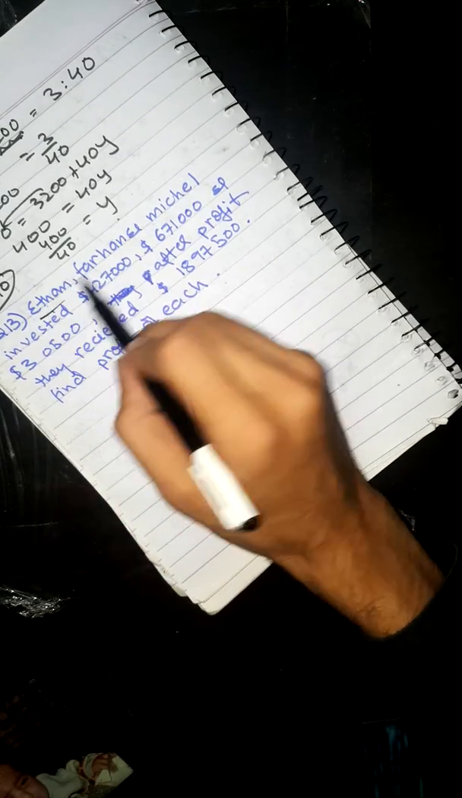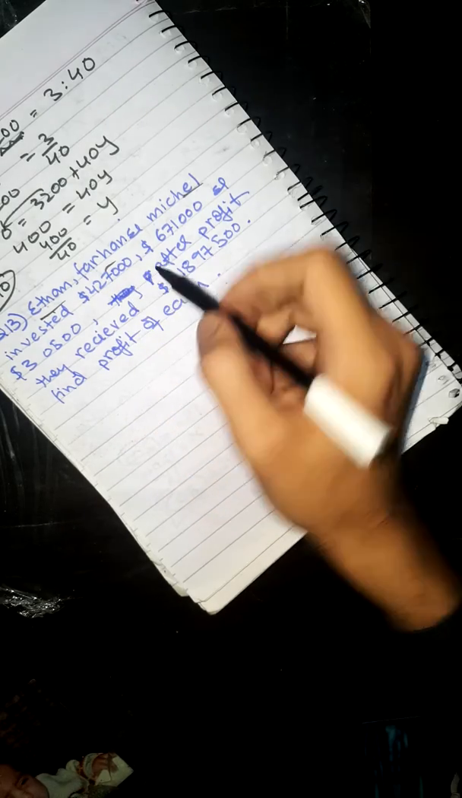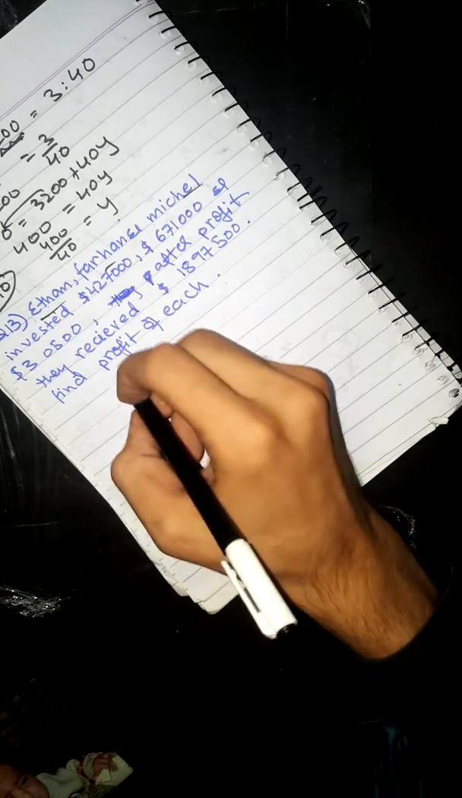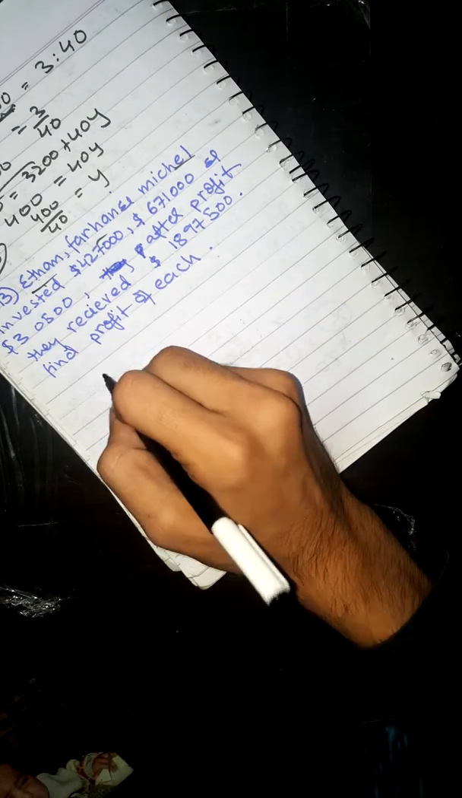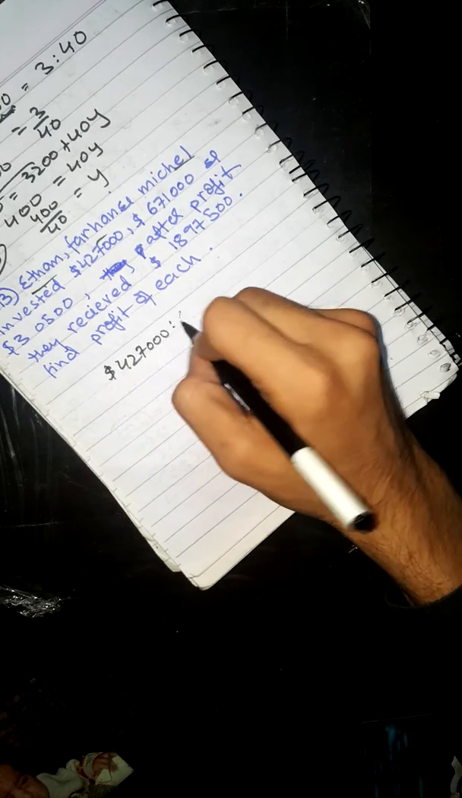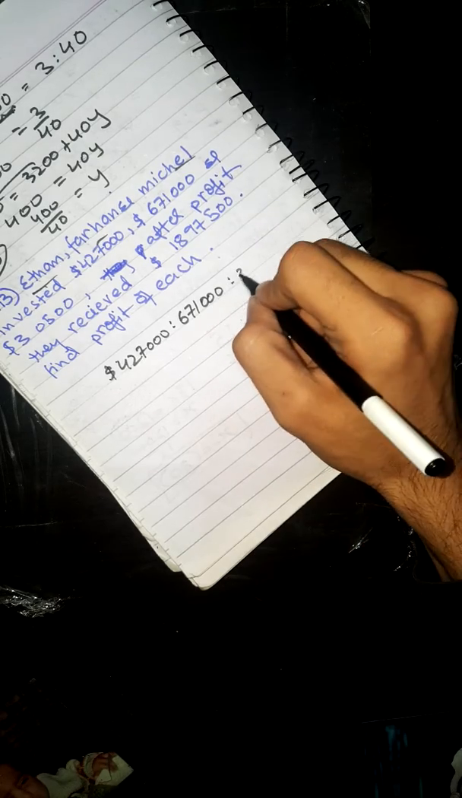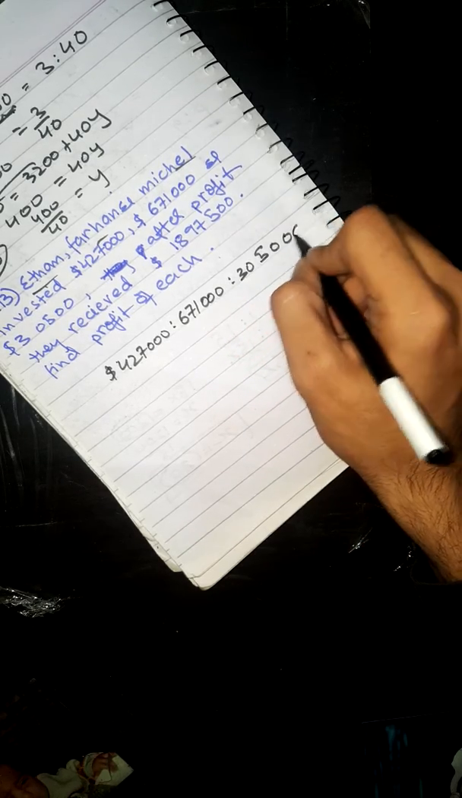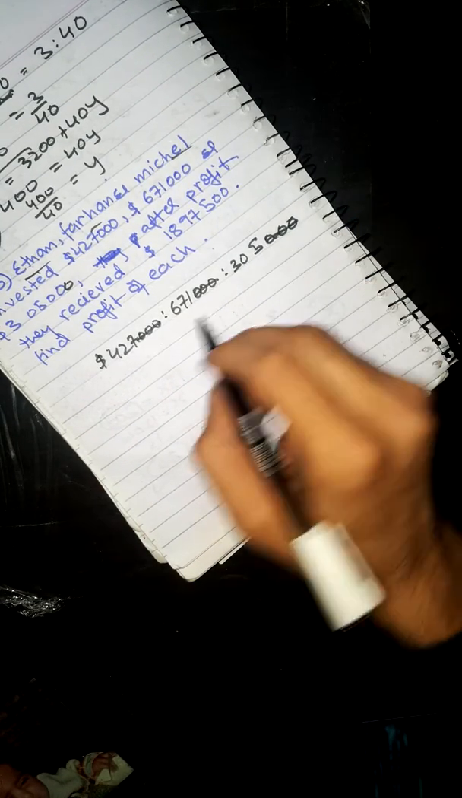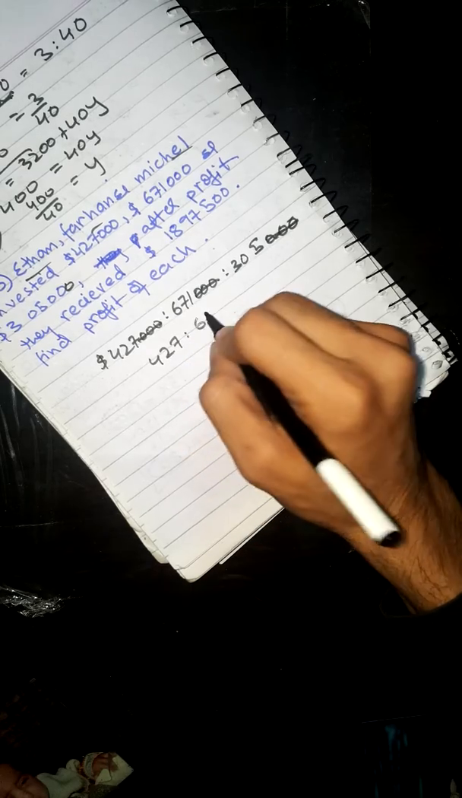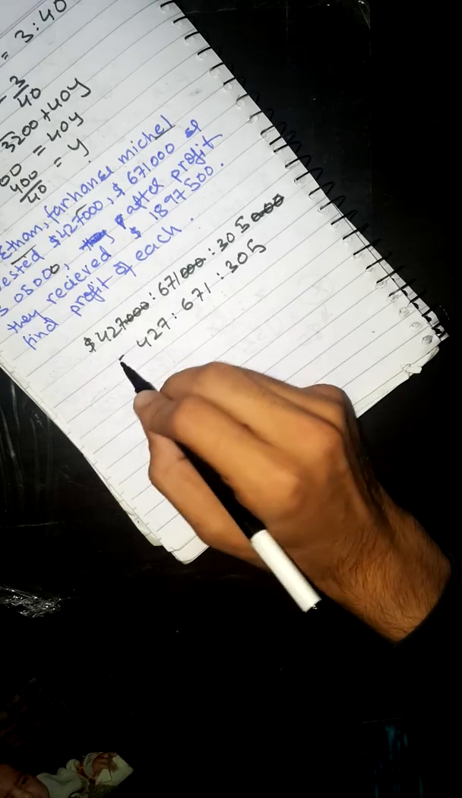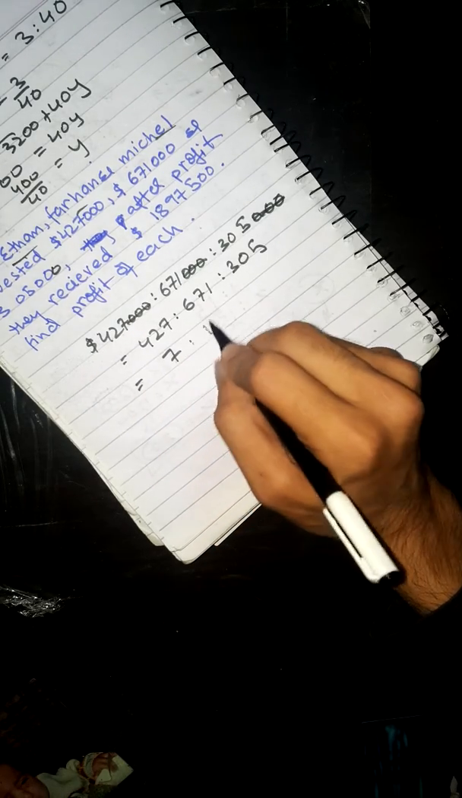Next we have Ethan, Farhan and Michael who invested $4,27,000, $6,71,000 and $3,05,000 each. So first we will find the ratio of their investment. So that is $4,27,000 ratio $6,71,000 ratio $3,05,000. Missed a zero over here. Zeros will be cancelled. So the ratio they invested in was 427 ratio 671 ratio 305. After being simplified, it will be 7 ratio 11 ratio